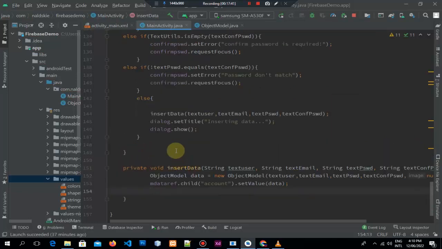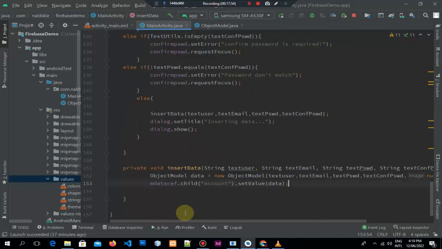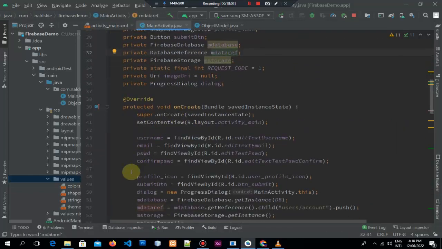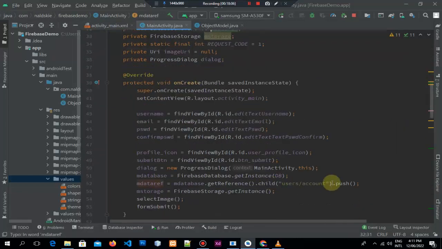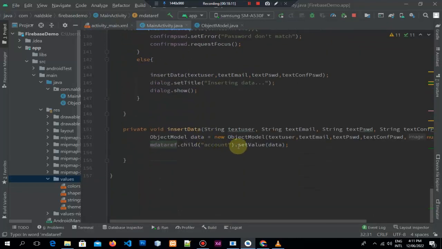When we are in data, insert data will show. Okay, so we are, yes, otherwise inserting data. And then this one will insert our data into the reference that initialize here to the user account. Okay, I'll just remove this one, guys. So I'll just to the account,